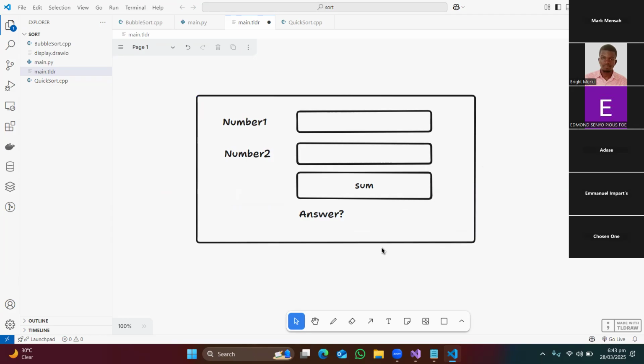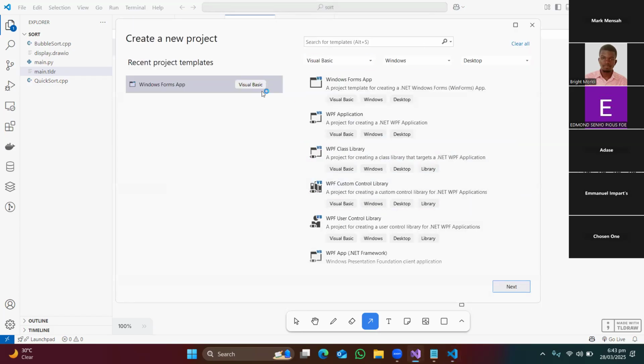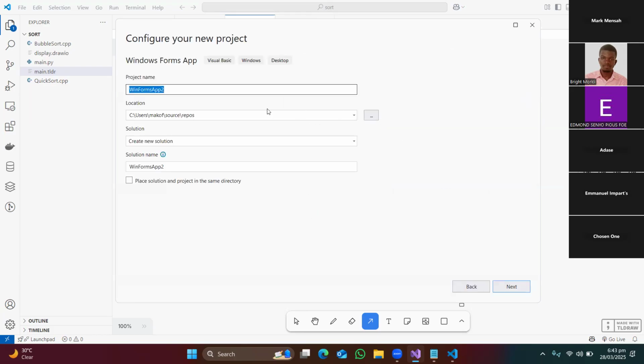After we design the interface, we would write the code for it. First of all, we have to design this interface. So obviously, I would make sure I choose a Windows Form application in Visual Basic. It should be Windows and it should be desktop. And so I'm going to start a new application,